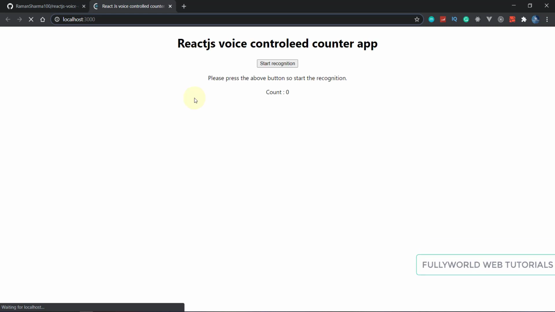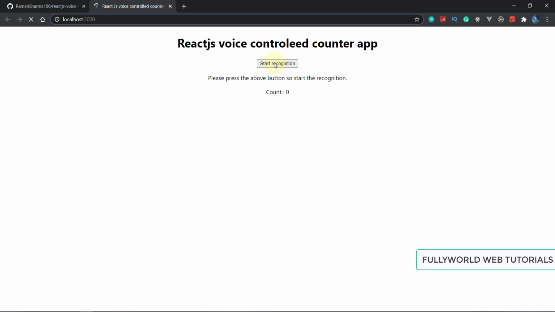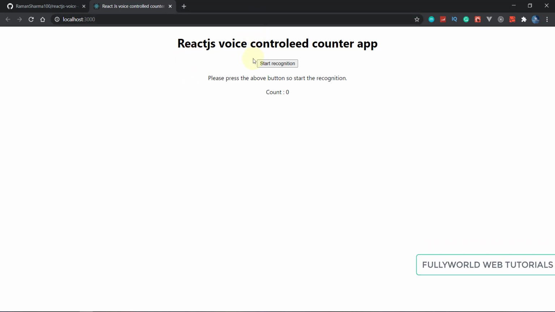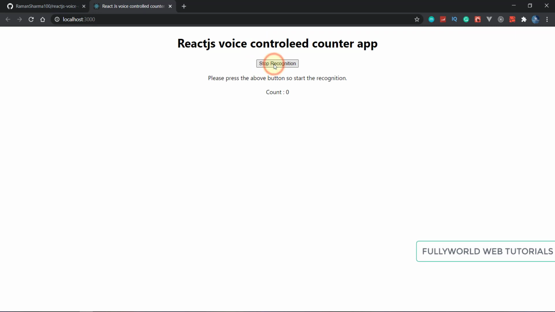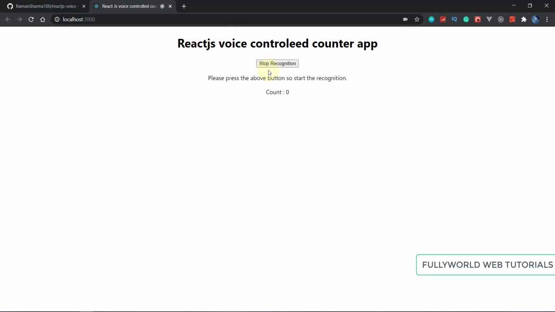See, now whenever we click on start recognition here, it comes up as stop recognition, and now it is listening to our voice.